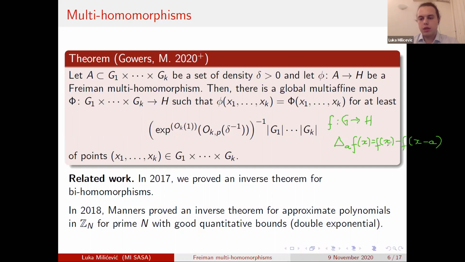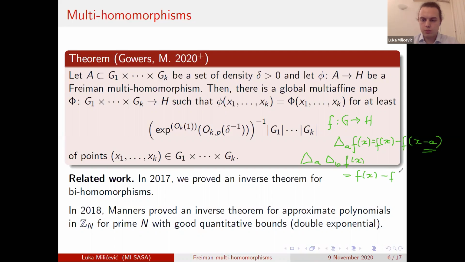And it's just looking at f, and then you take the difference a here. So why is it called a discrete derivative? Well, it resembles the derivative closely, and it has similar properties. So why is this useful? Well, for example, if you take a double derivative of f at x, what you get is, first of all,